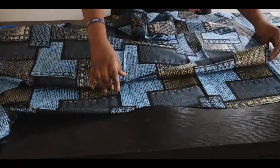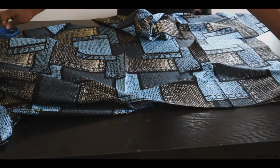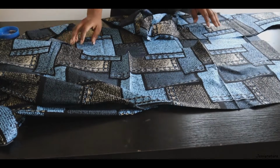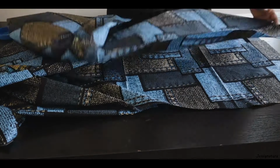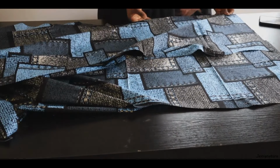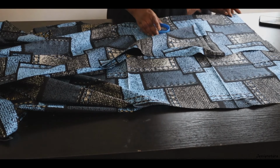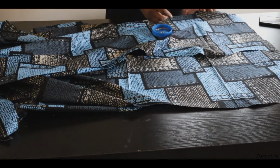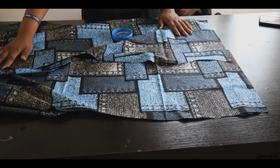Now, like you do for any basic skirt, you join the front with the back right sides facing each other, and then you sew with whatever seam allowance that you left on it. If you're lining it, this is the time for you to line it. If you want to do a clean finish lining like the way we did for our jacket,